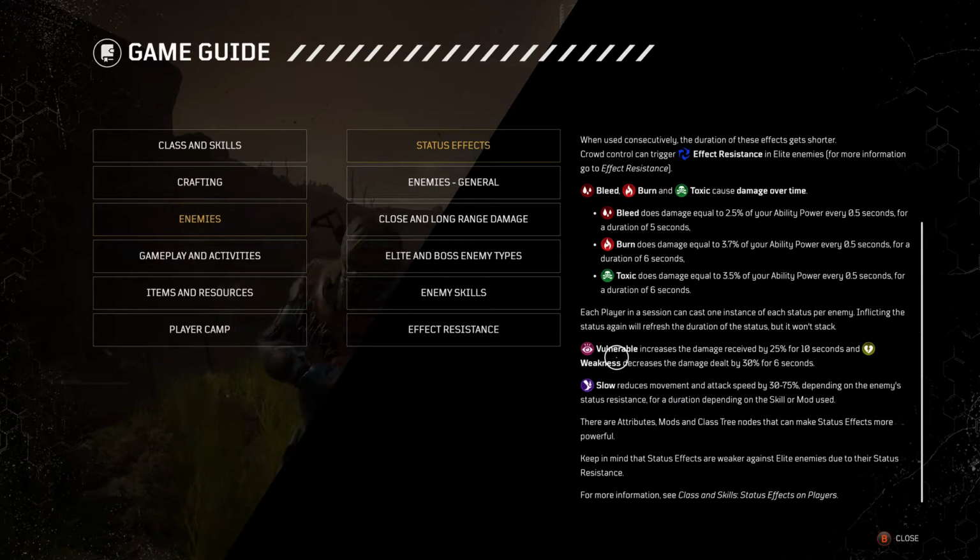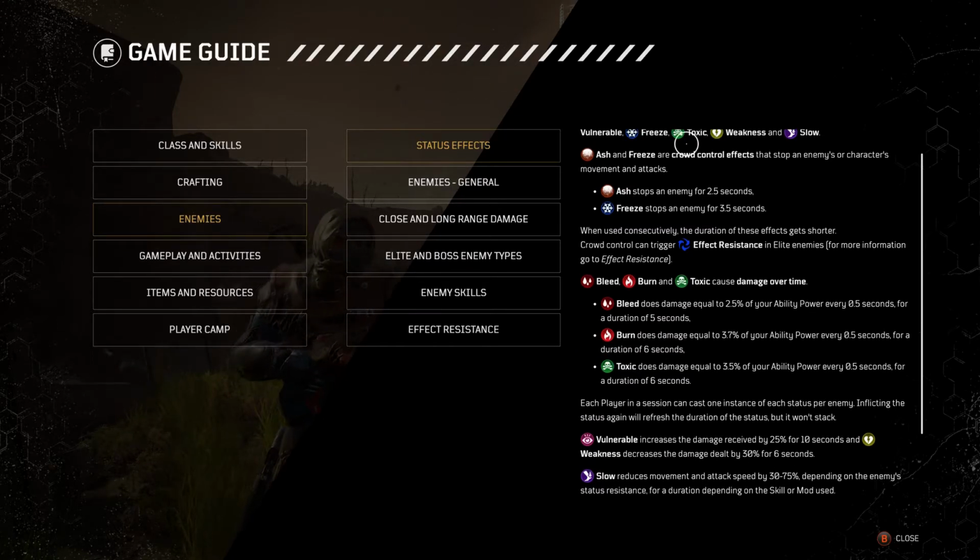Now, just down here, as you can see, Vulnerable increases the damage received by 25% for 10 seconds. And Weakness decreases the damage dealt by 30% for 6 seconds. So really good on people, really bad on yourself. And Slow reduces movement and attack speed by 30 to 75%, depending on the enemy's status resistance, for a duration depending on the skill or mod used. So again, like I said, that could be absolutely ridiculous, but all of these would be really good for you